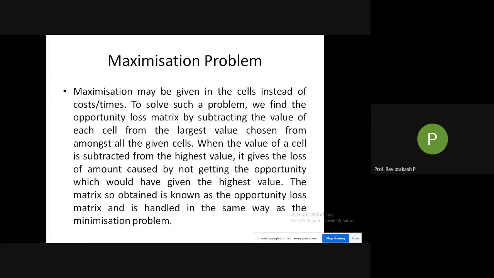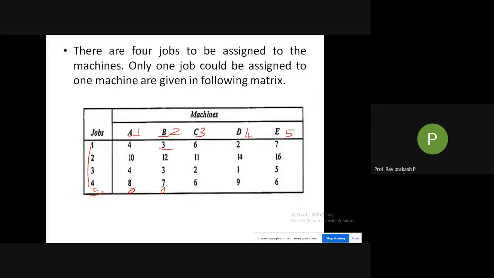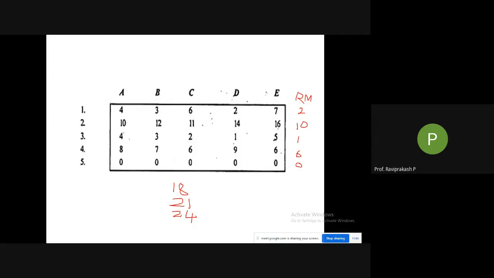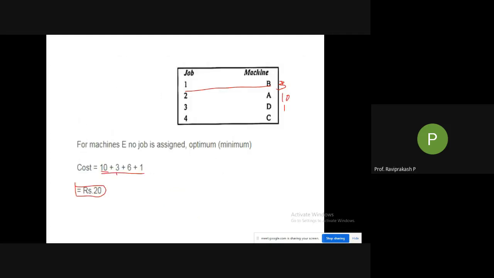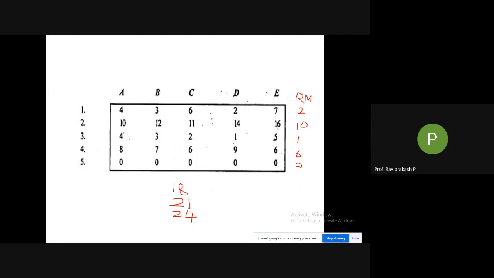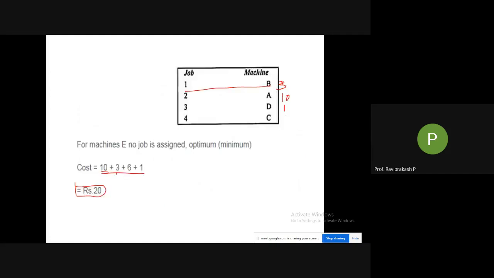Then 3D. 3D is 1. And 4C is 6. So those values only will be there, but not in this particular order. So here it is 3. Then there is 10. There is 1. There is 6. So when you add this, 6, 7, 8, 9, 10, 10 plus 10 is 20. We are getting 20. So check where you have gone wrong.